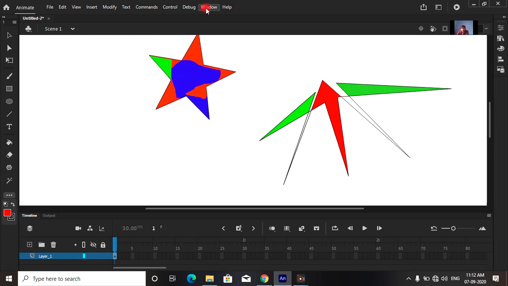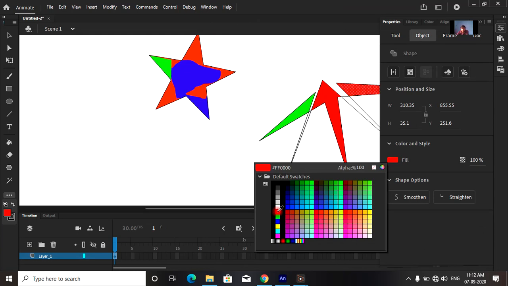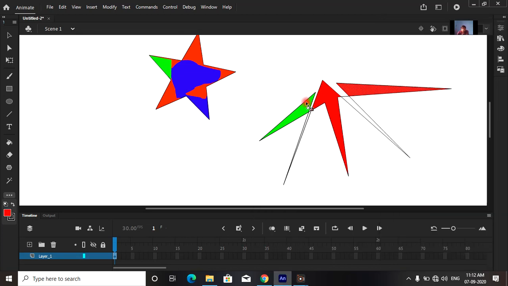For that we have to select the color. Same color, so we are going to select this color. Not this color, this color. Now here I am going to put it.